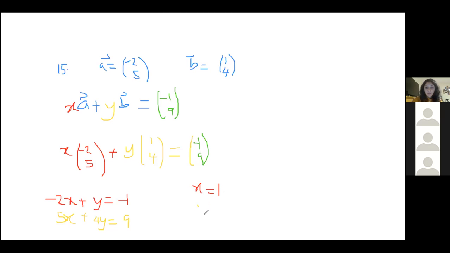So the linear combination of 1 times (-2, 5) plus just 1 again times (1, 4) gives you (-1, 9). Now I am very aware that you could have just guessed and checked that -2 plus 1 does indeed equal -1 and 5 plus 4 equals 9. But I just wanted to show you an algebraic way of doing it if trial and error doesn't always work. So that is your answer for this.